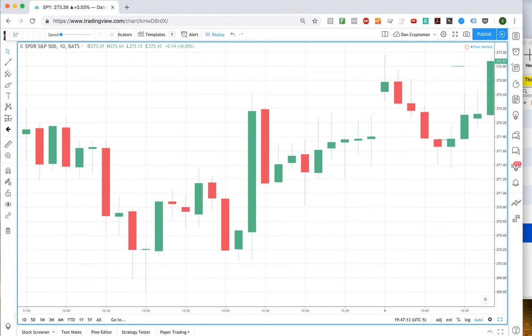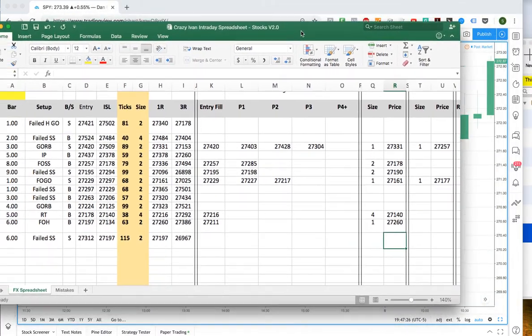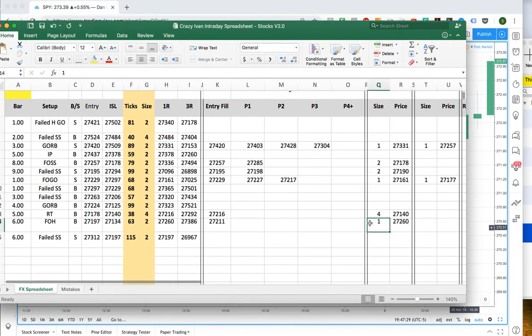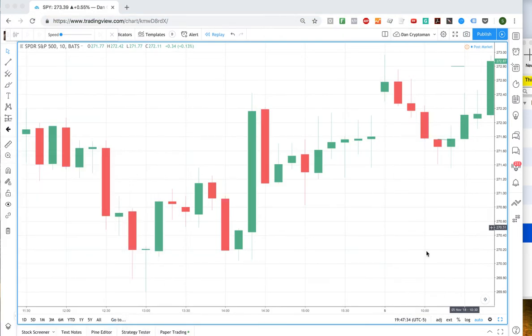So I will add in 1 at 272.60. Okay, so over here we have two exits. I put exit 1 out of the two contracts, 272.60. Okay, now what do we do here? We move our stop to either break even or trailing stop, whichever one is better, and we ask ourselves, do we